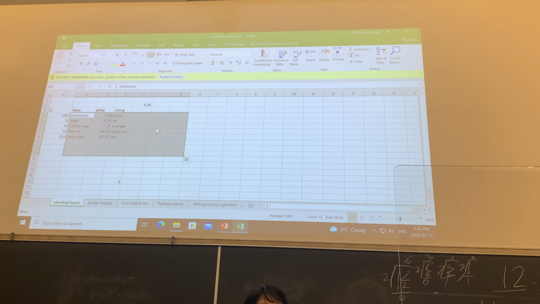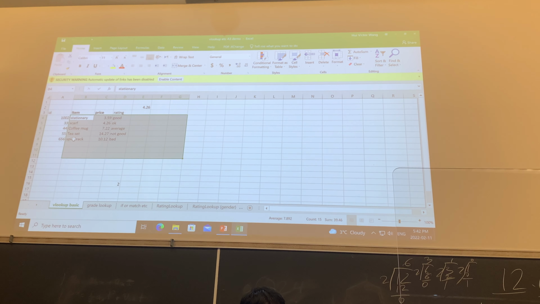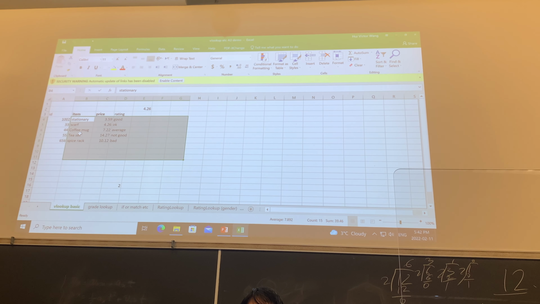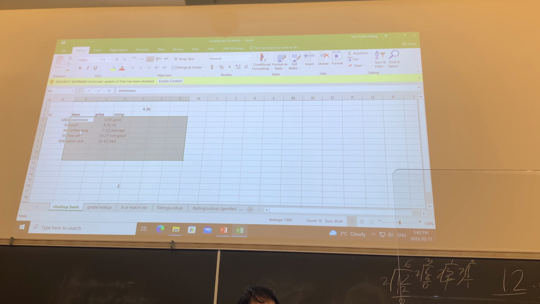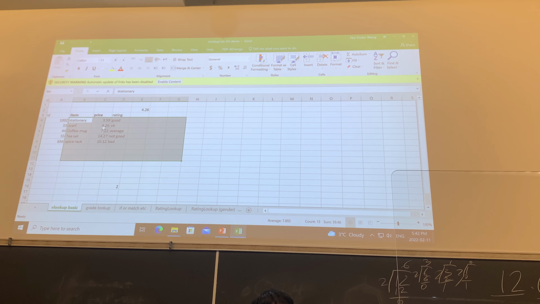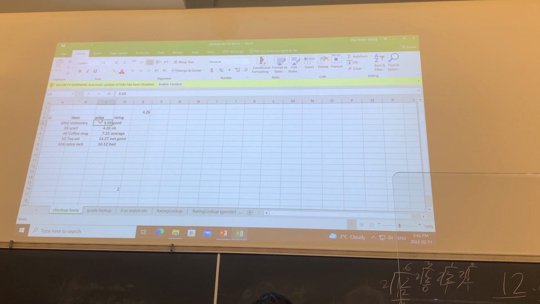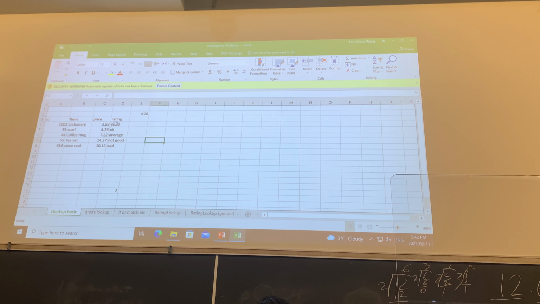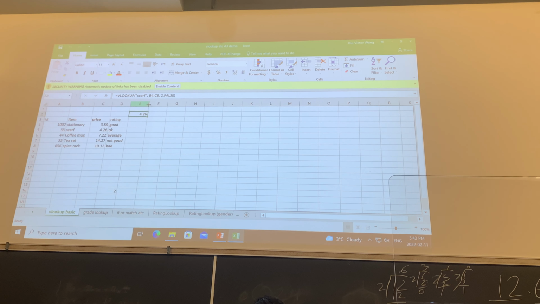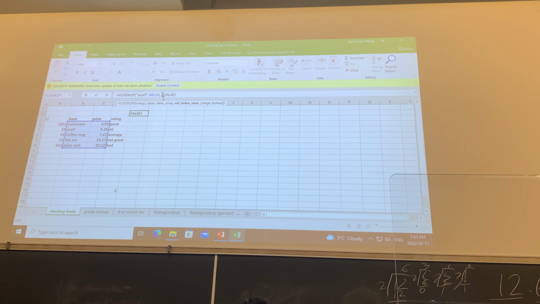So for example, yeah, this can be longer, doesn't matter. The things you have is here, and then it will search for this column, the leftmost column. And then here we want the price of this one. So in this case, you have to specify you want to search for this. There's another parameter, the next one is 2, right? Why do we say it's 2? It's because